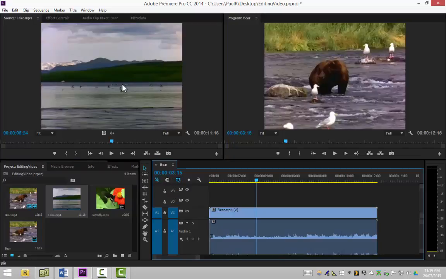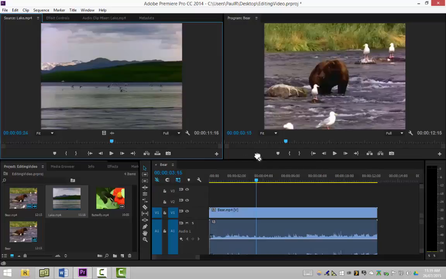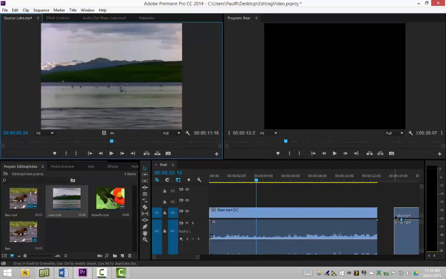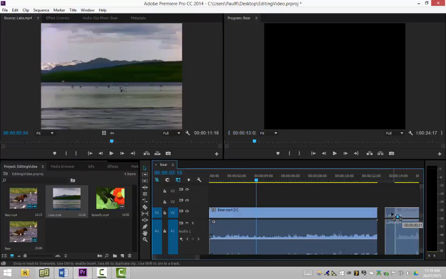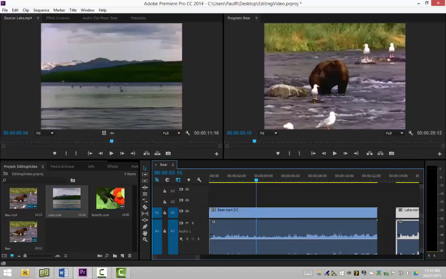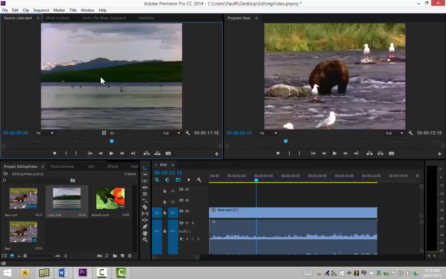disable it. And now if I drag this leg clip, I can actually drag it wherever I want on the timeline. So see, I just dragged it there and there's a gap here, okay? And I can just drag it anywhere I want. Now if I just delete it and put snap back on, and you'll see